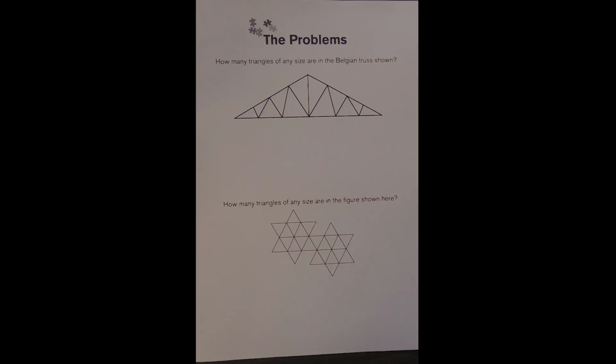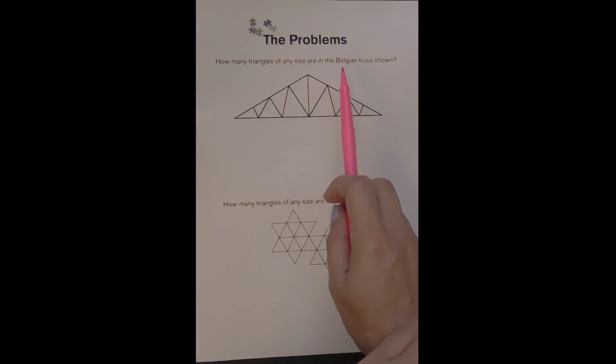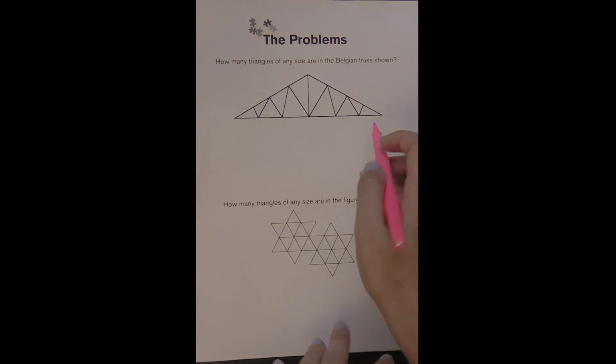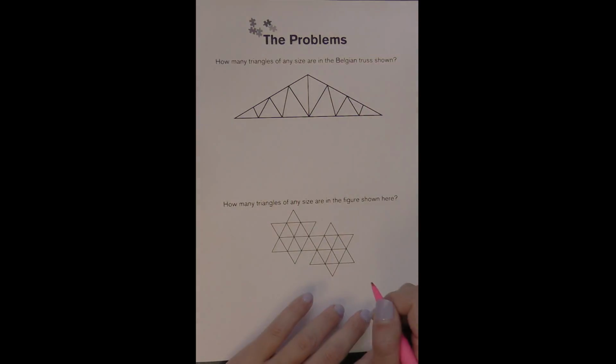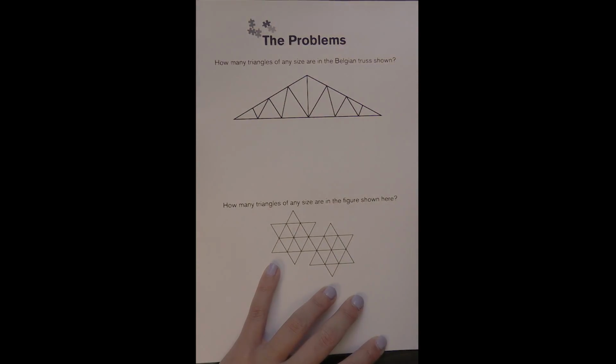So the first problem we're going to look at says, how many triangles of any size are in the Belgian truss shown? And don't worry about knowing what a Belgian truss is. Essentially it's this shape, but that's just the official name. It's not something you're going to need to know later down the line. So the first thing I'm going to notice about this before I jump into my counting is that it's actually